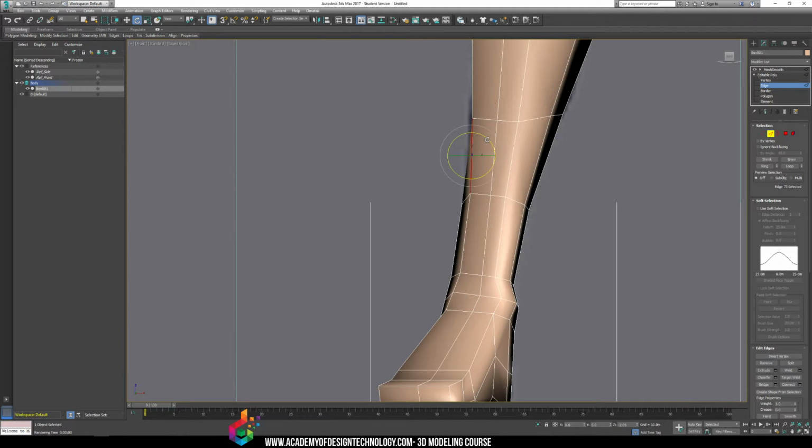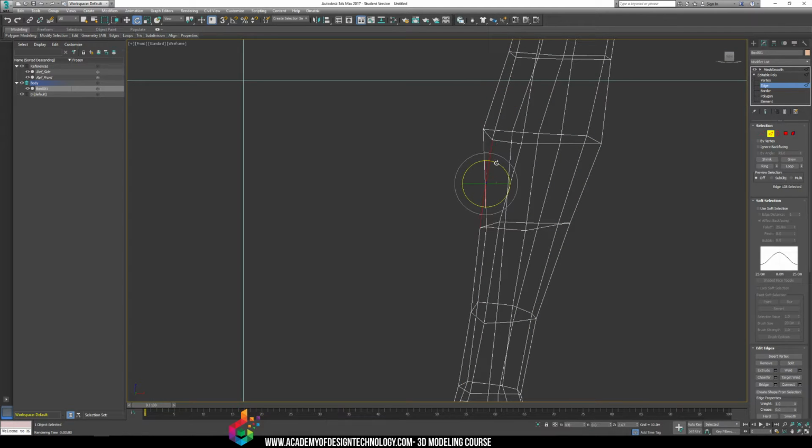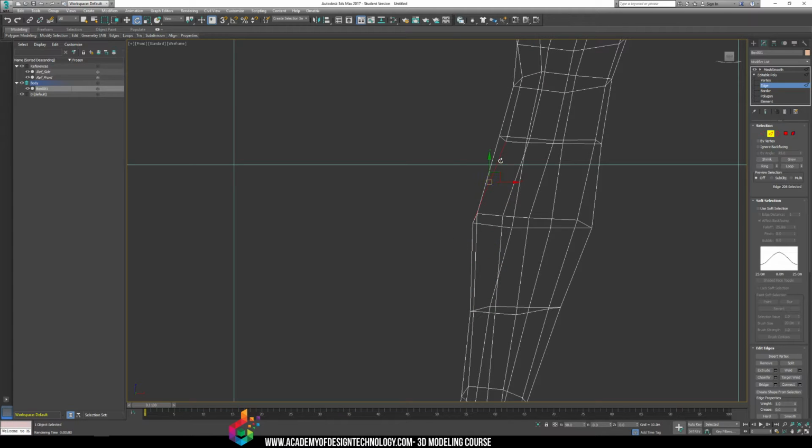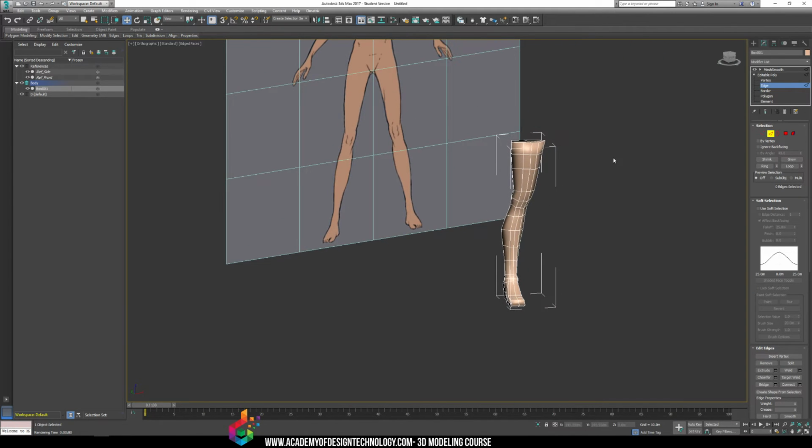I just want to make sure the sides of my leg are more puffed out than the back of my leg to give it that cartoony, exaggerated look. But if you're going for more realistic, obviously follow your reference guide, follow your image as close as possible. Yeah, so don't forget to go in wireframe mode as well. You can see the back edges here. I know what they are, so I'm grabbing them, tweaking them, adjusting them,